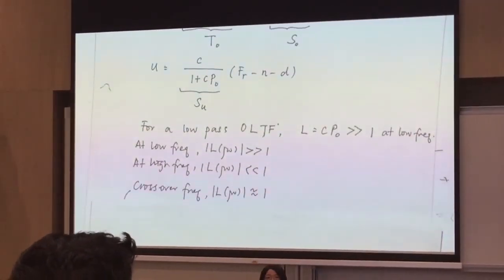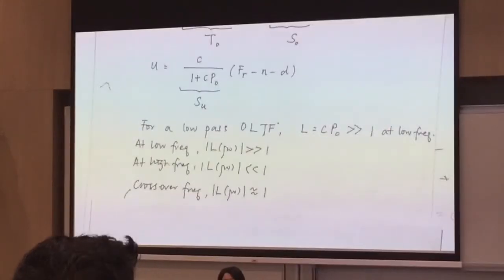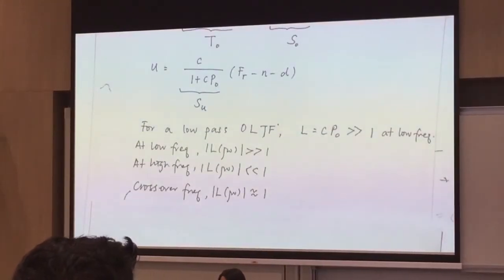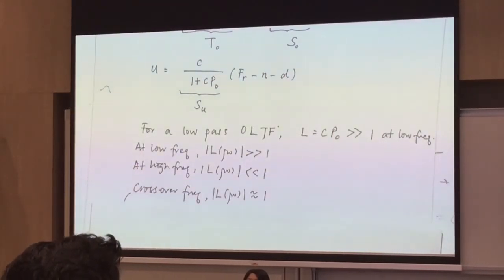So when it's approximately 1, your loop gain L is very close to the minus 1 point. Your vector margin, SM, is very small, because L is very near to minus 1. If L is very near to minus 1, 1 over L is very near to minus 1 as well, so your RM is also very small. So when SM and RM are very small, your S and T are very big.